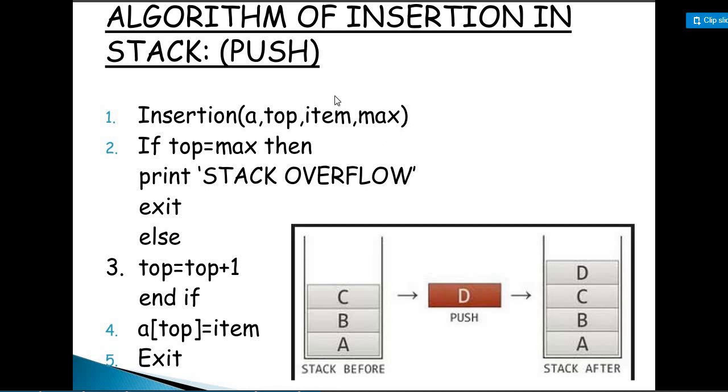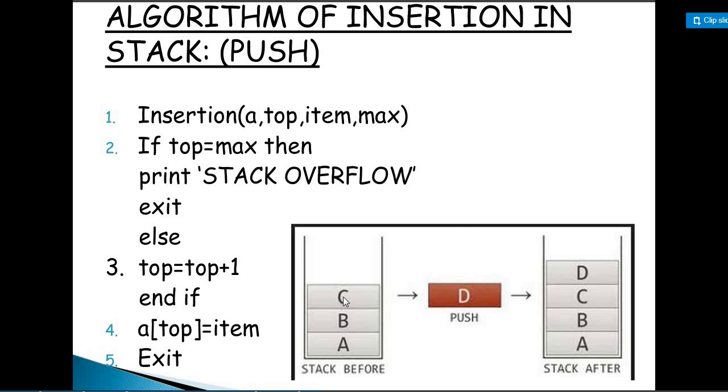Why will this item and the max be initialized? Because for example, if you are having this bucket and the bucket has a maximum capacity of 5, whenever you are inserting, you have to check whether the capacity of the bucket is full or empty. If it is full, then we are not able to insert the new element. So if you go to the next step here, if top is equal to max, as I have said here that the number of elements are 3, but if it is full, right, it will check the maximum capacity. If it is full, then the stack will overflow and it will exit, so it will not add any new element. In other cases, top will be increased by +1, so top is equal to top +1, right?